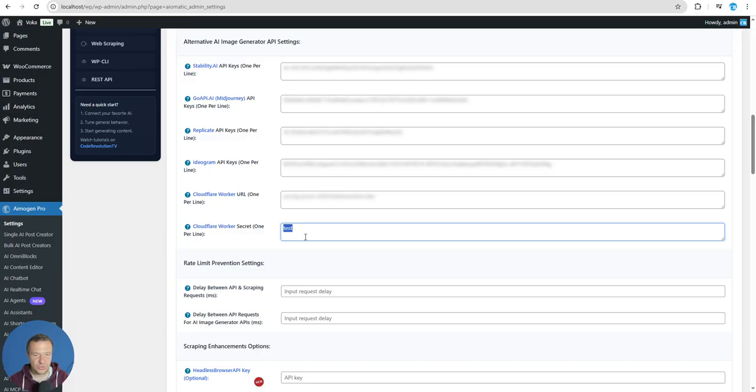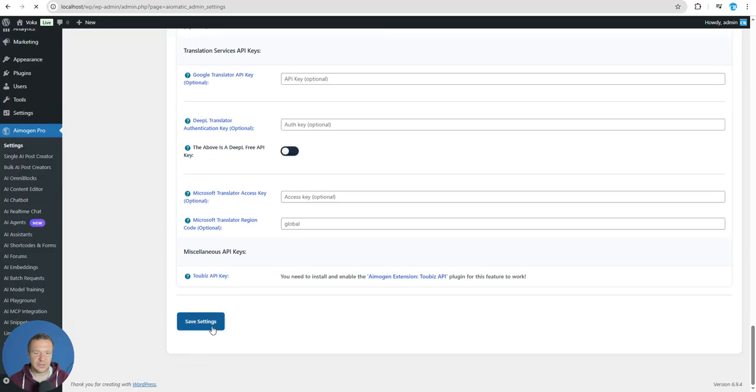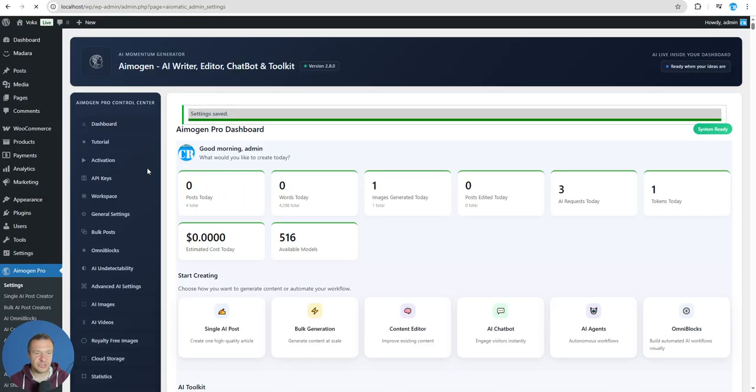Be sure to enter exactly the secret that you added in Cloudflare settings, and also copy the URL that you created for your Cloudflare worker. Now click Save Settings, and we will be able to use Cloudflare Workers to generate unlimited royalty-free AI-generated images